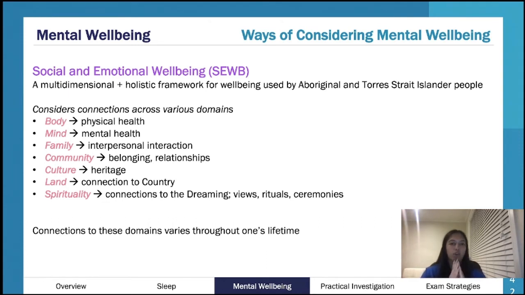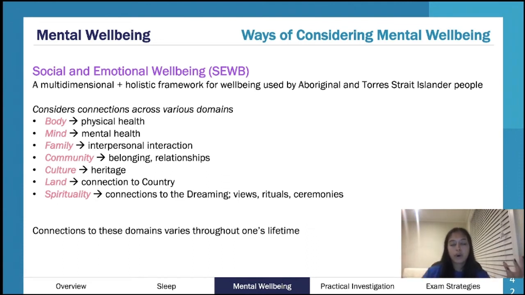So you can see that it's a vastly different set of things, and it's how these all come together and how they can influence one's mental well-being, and how your well-being in each of these categories can increase and decrease, and how they all contribute to this overall idea. And of course, they can fluctuate as well.